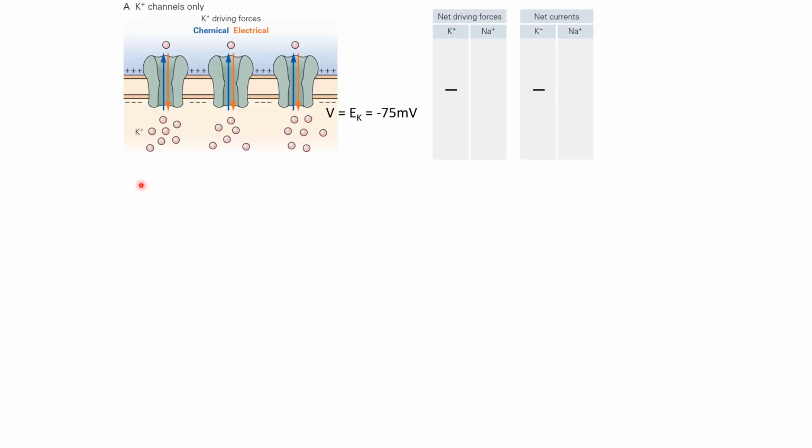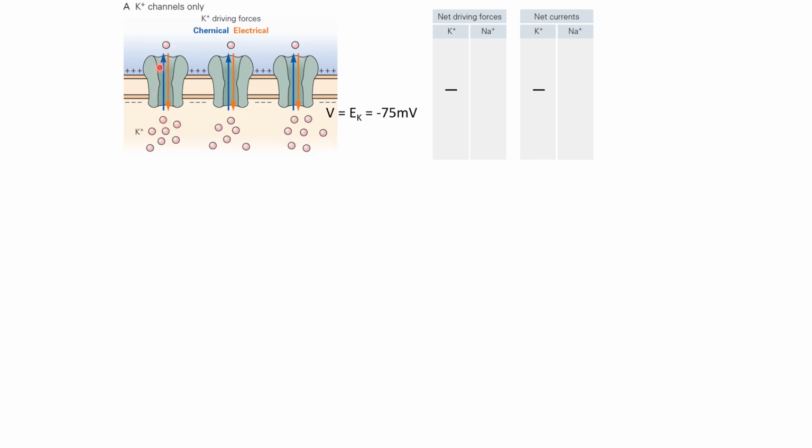So here is a graphical representation of the same thing. This is a piece of membrane. This is outside, this is inside. The inside is more negative than outside. And in the membrane, we have various channels embedded. So in the beginning, only the potassium channels are open, and the potassium ions can flow through these channels. And these potassium ions will flow in a way so that the membrane potential can reach towards their equilibrium potential, which is around -75 millivolts.